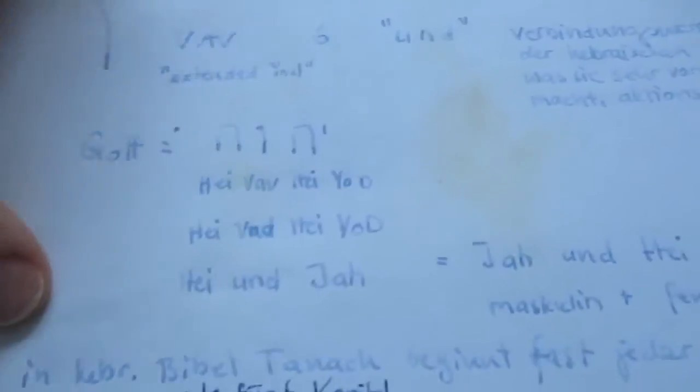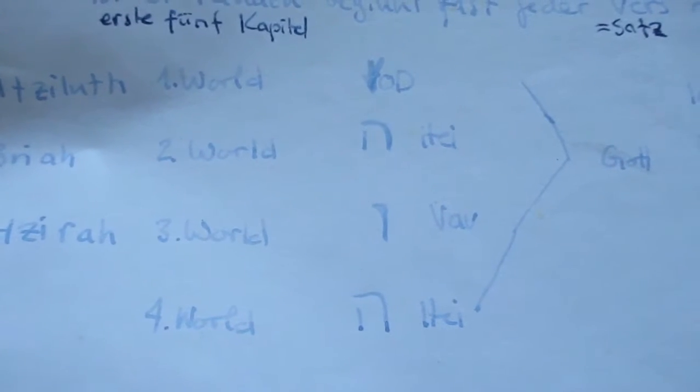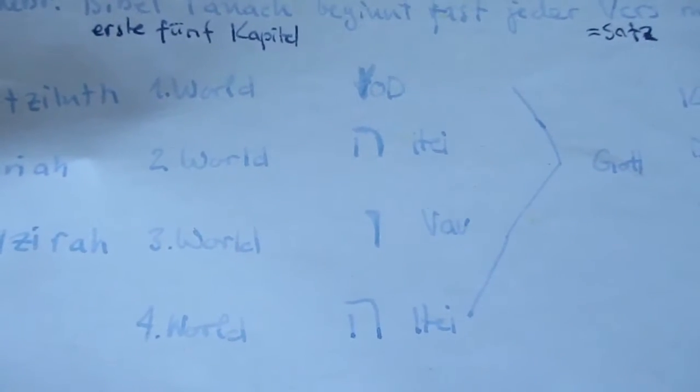And then we have Vav, which is a human. Vav is a human. It stands for human. Yeah, and it means and as well. Like in Hebrew, all the sentences are linked with a Vav, like and. And, and, the Bible is written like this. And then, and so on. So then